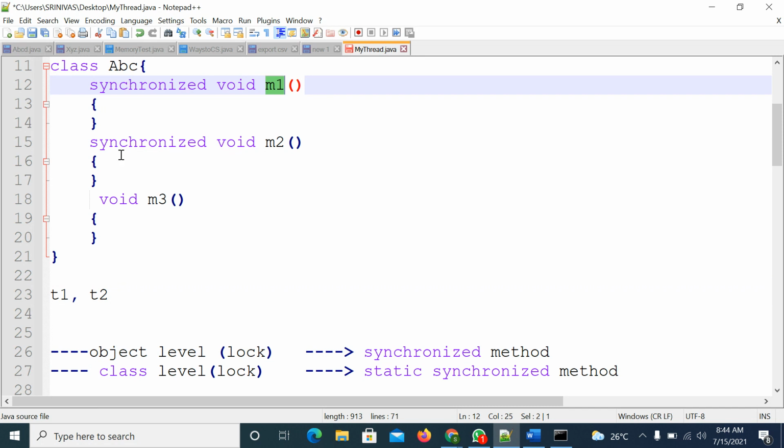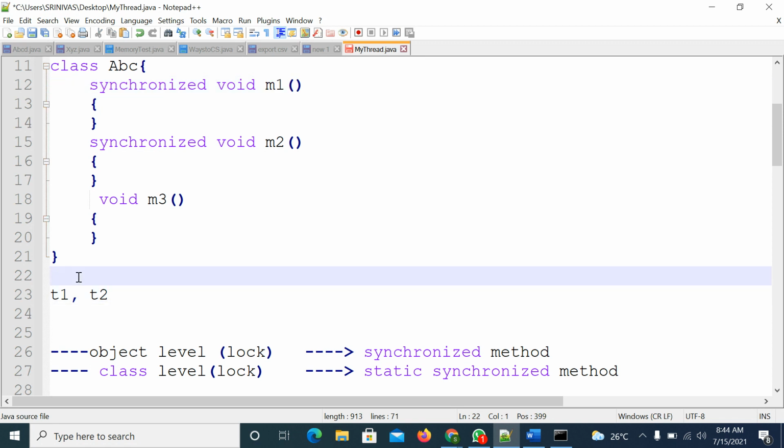In that case, the locking concept will come into the picture. There will be an object level lock. That means both must be using the same object. On top of the same object, T1 is trying to access the M1 method, and T2 is trying to access the same method.